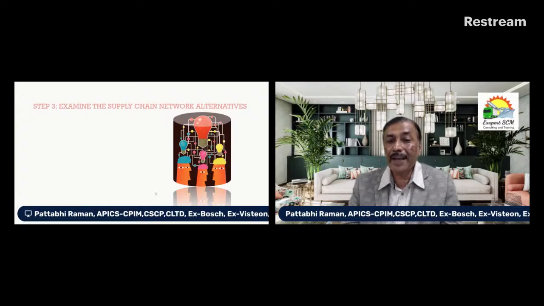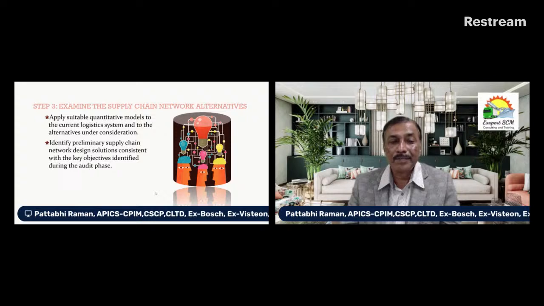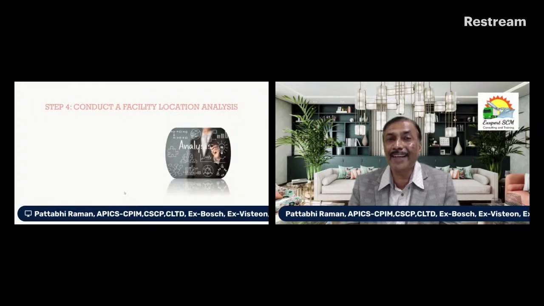The third step is examining the network alternatives. This is where you need some software tools, possibly an analytical tool may be required. There are some specialized software available, but apart from that, you can always use any analytical tool like Python combined with machine learning to provide a solution. Okay, here we are going to identify preliminary supply chain network design solutions, consistent with the key objectives identified. Maybe we can do some what-if analysis. In fact, in our supply chain analytics program, we do all these activities in detail when we take a project